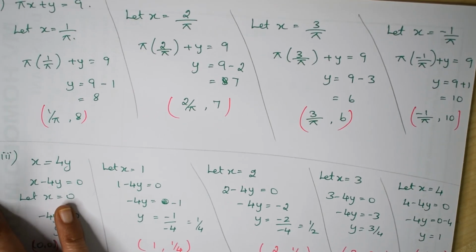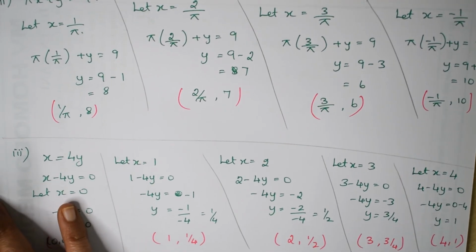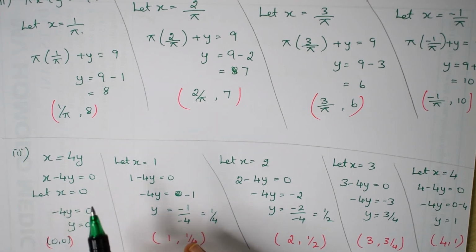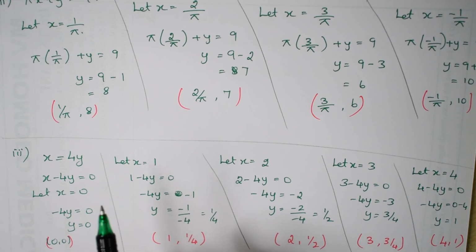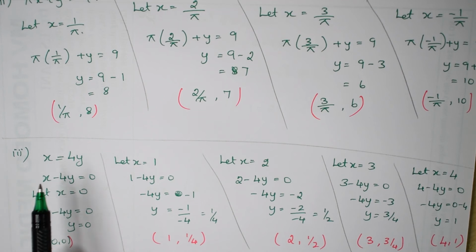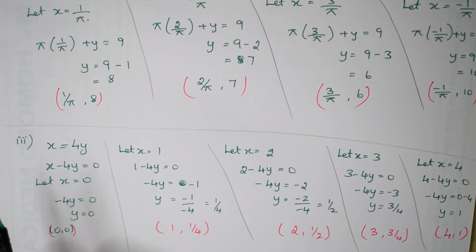Pi x plus y is equal to 9. This is what they mean by solution. Give 4 solutions for the following equation means nothing but they are asking you to find 4 different points lying on the straight line pi x plus y is equal to 9. Okay. They are just making you scared by giving new words in the question. That's it. But it's all what you have learnt already. Okay. So don't get scared.